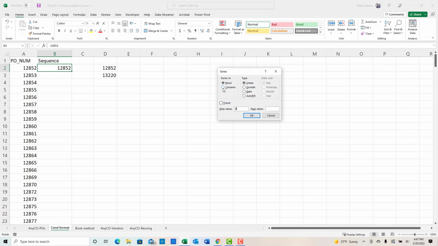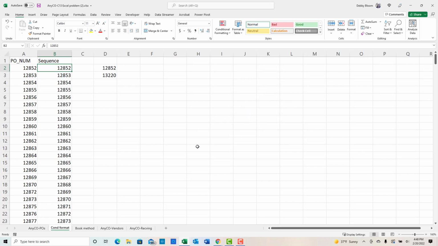I always mess this up. Make sure your series is in the column, otherwise it's going to go across row 2. I'm going to go in the column. My step value is 1, and my stop value is going to be the highest number, 13220. And I click OK. And now I've entered the sequence without a break from 12852 down to